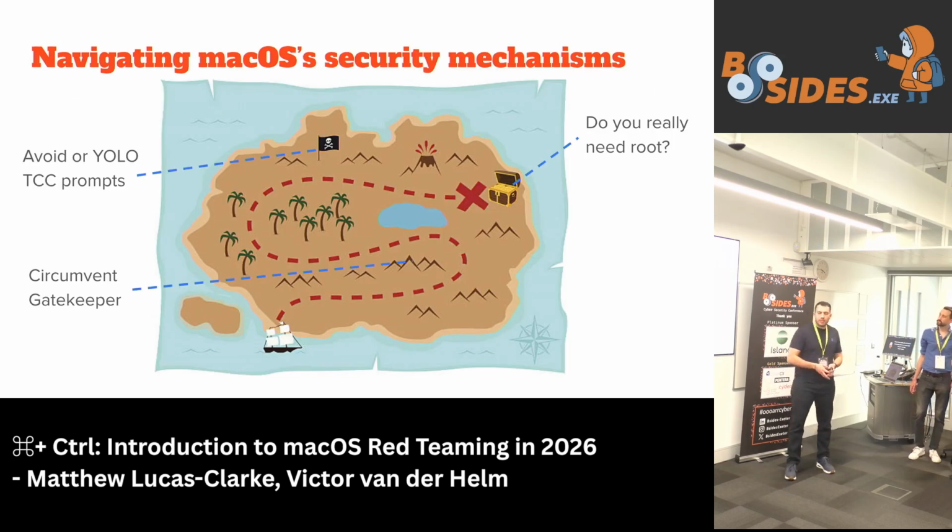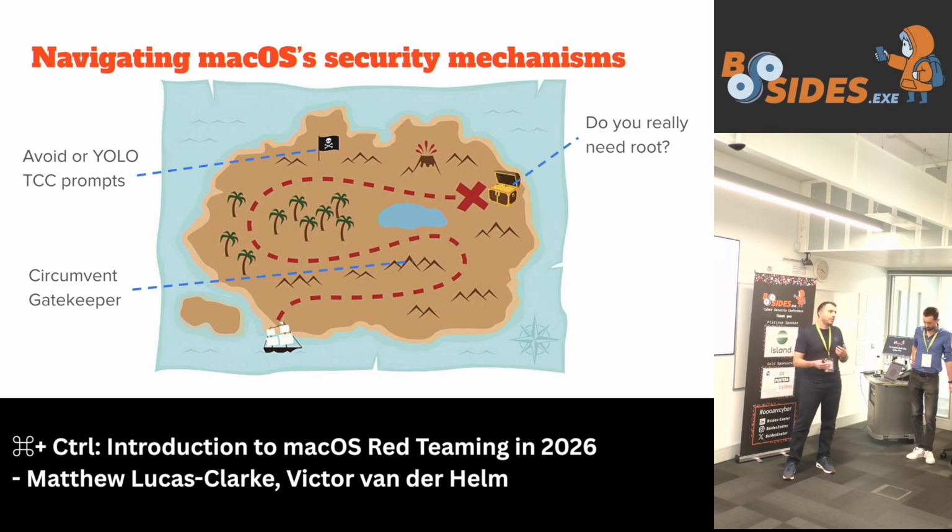So what does this mean for us as offensive security professionals or red teamers? What do we really have to think about when we try and run an engagement on a macOS environment? One of the first things we have to consider and work around will be Gatekeeper, which handles the execution control. So we'll have to find a creative way of executing something that satisfies the Gatekeeper checks. We'll also want to consider whether or not we need to trigger TCC prompts.